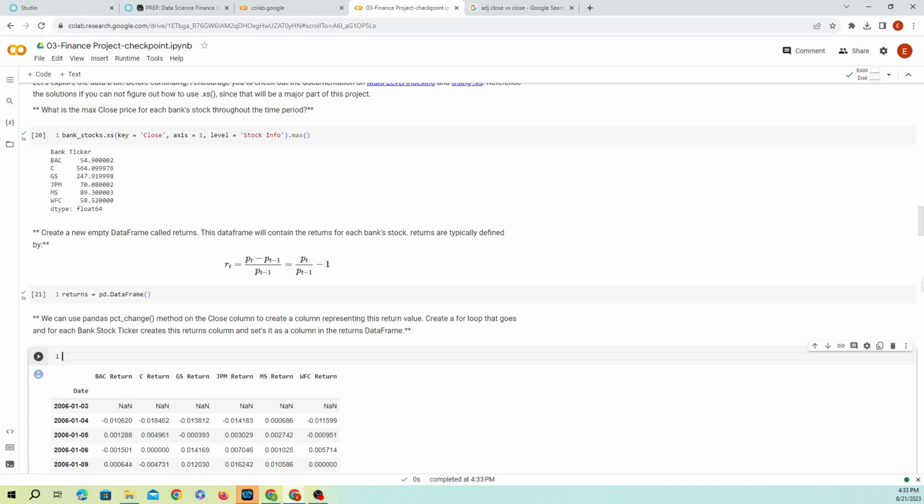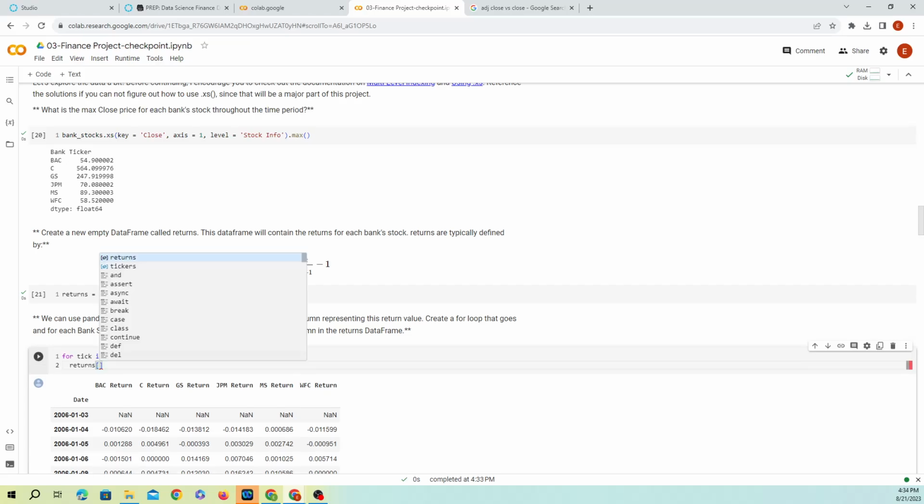And remember, if we want to create a new column in a data frame, all we have to do is generate a different name. So we're going to generate a name by doing tick plus the name return. We're going to create this column that is going to be the name of the bank and the word Return, and we're going to assign a value there.